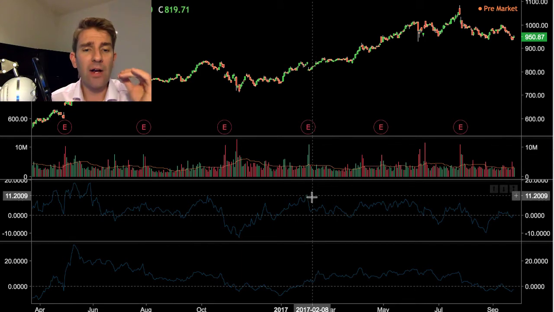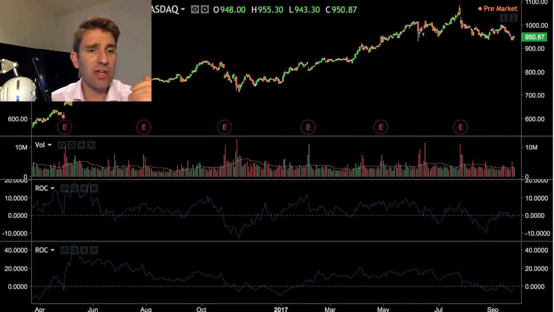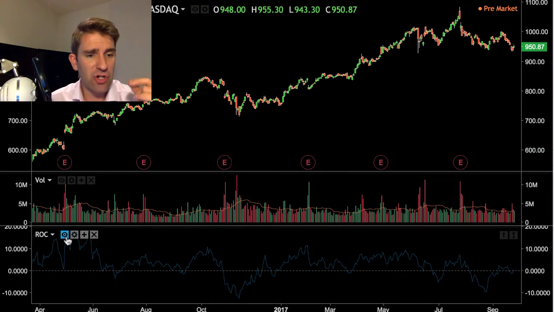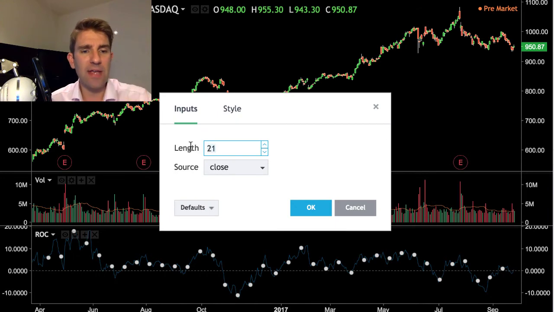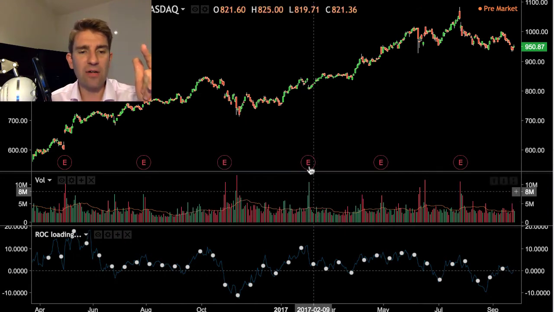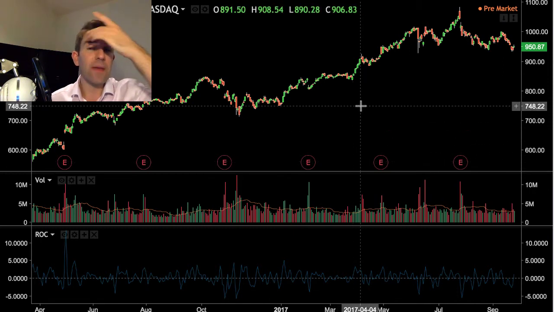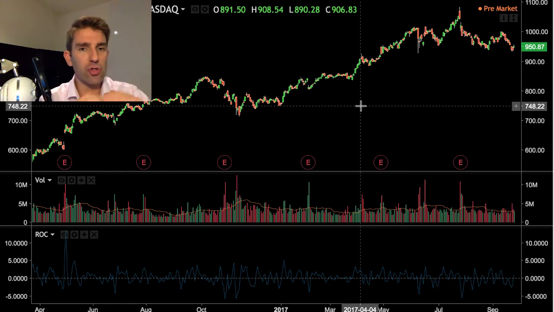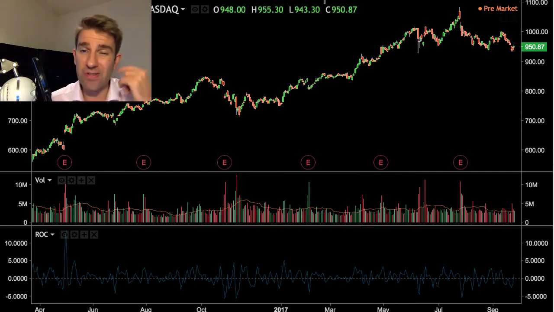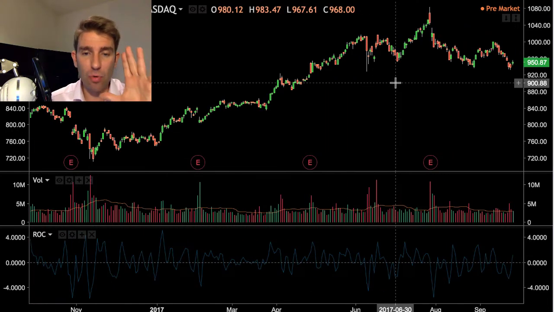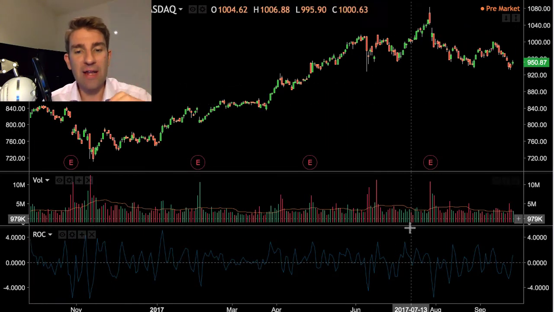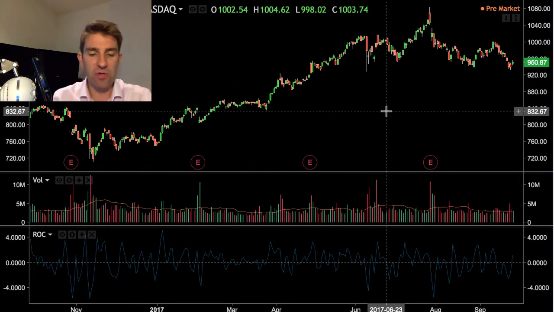Mess around with it. I know that very quickly Linda Bradford Raschke did a rate of change. I believe she did a 2 period. So that was really looking at how price was moving for a 2 period, and then looking for the third day to kind of unwind. So if you had 2 solid days of move, or maybe it was 3, feel free to Google it. It's just off the top of my head. But as more of a short-term trade, when you've got an extreme move over a 2-day period,